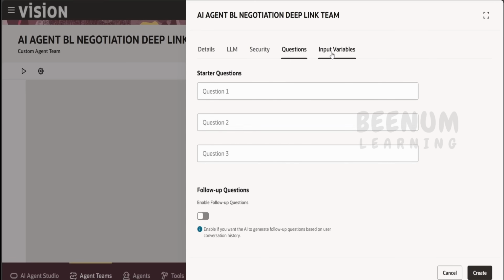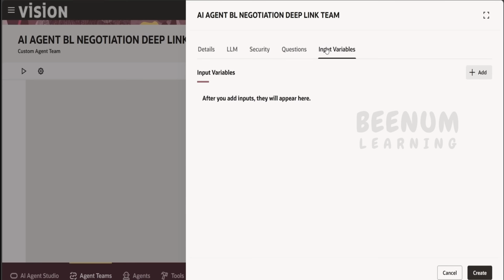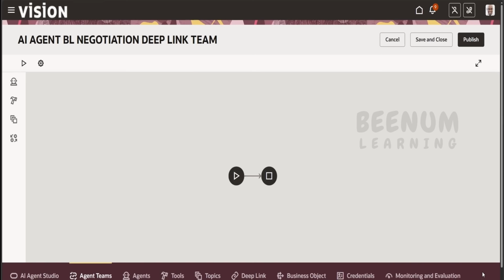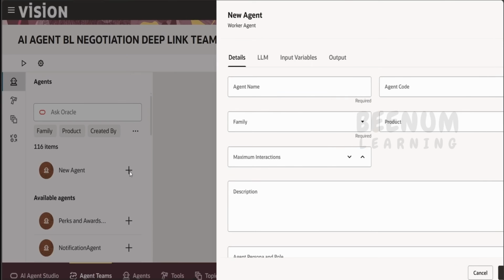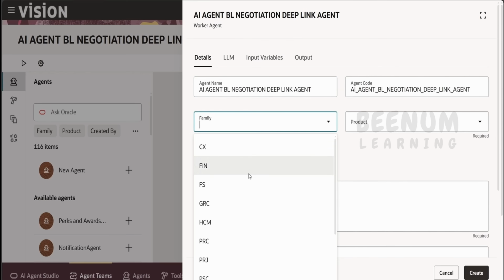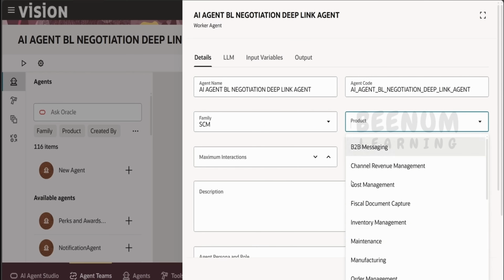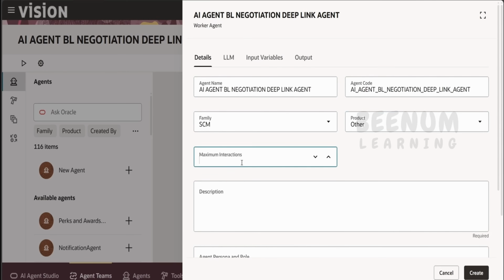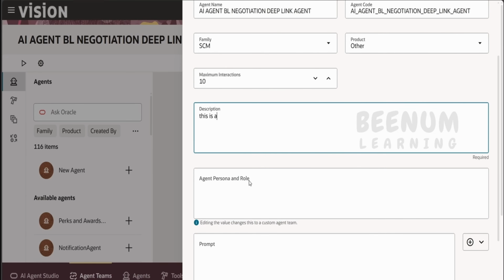Coming to the questions, you can provide initial questions. It will highlight when you click on the AI agent. Input variables, if you want at runtime, you can pass them over here. Click on create. We have successfully created the agent team. Now I will click on the new agent over here, and the name I will provide is agent itself. Code will automatically populate. Coming to the family, I will go for SCM and other. Maximum iteration 10. Now I can say over here this is an agent